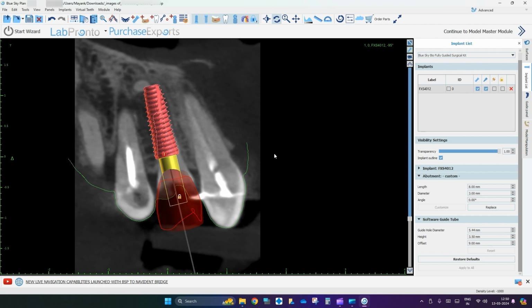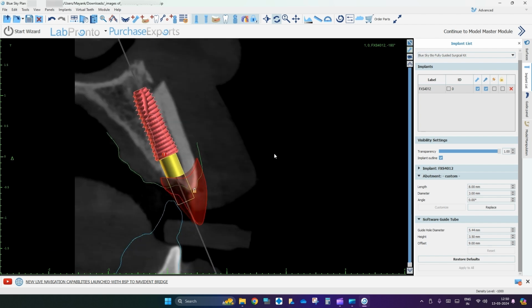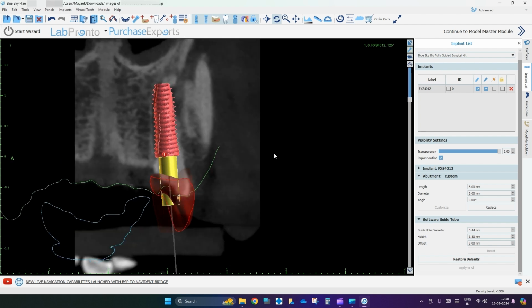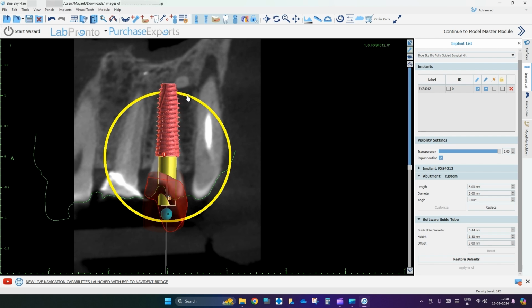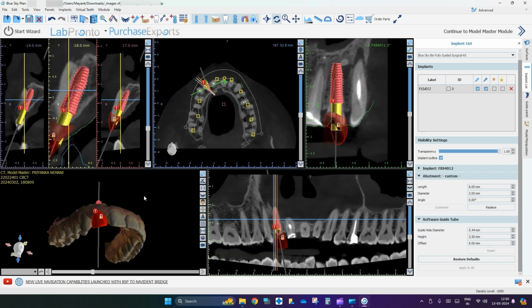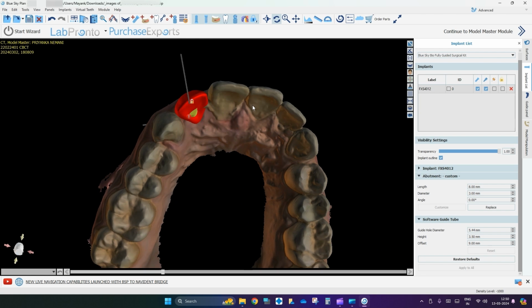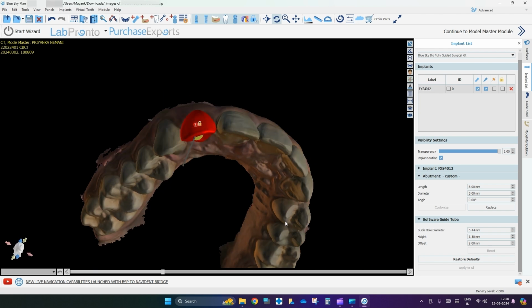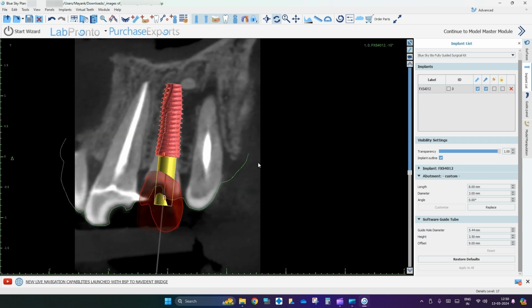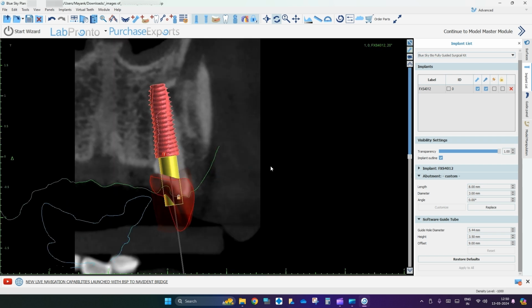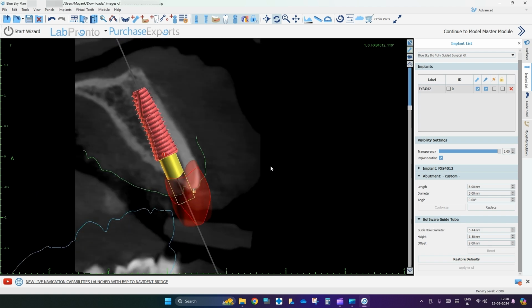Though there is a fracture over there. There is a fractured fragment also available at one point of time, and we want to try and dodge that fractured fragment for now at least. Let's verify it with the intraoral scan whether the angle is okay. Okay, still acceptable. Let's go to the tangential view. It's still too close to the